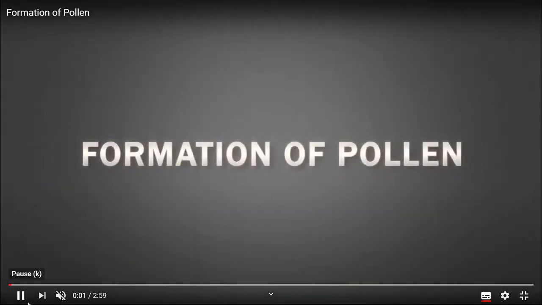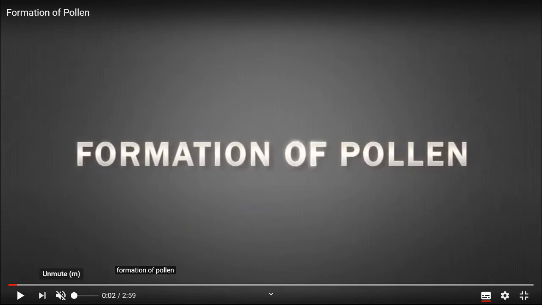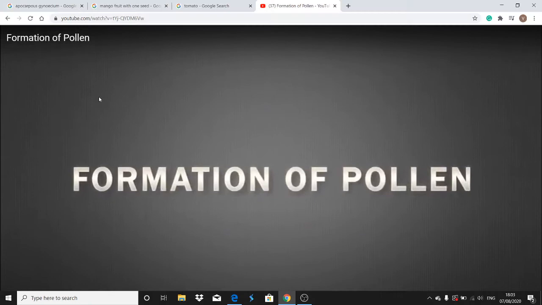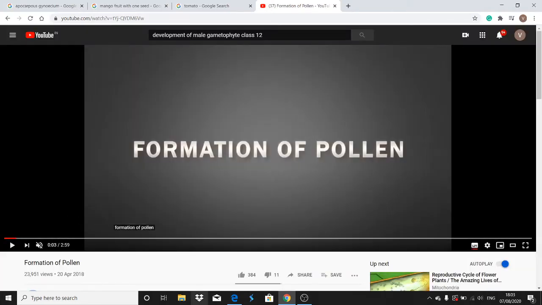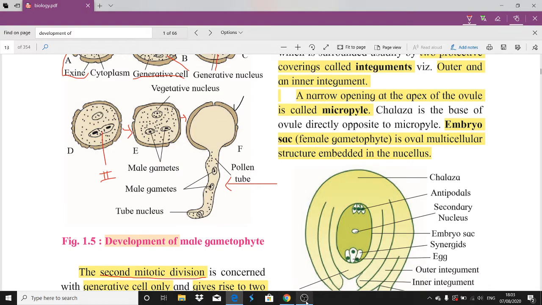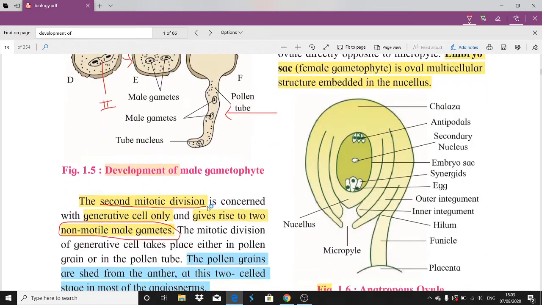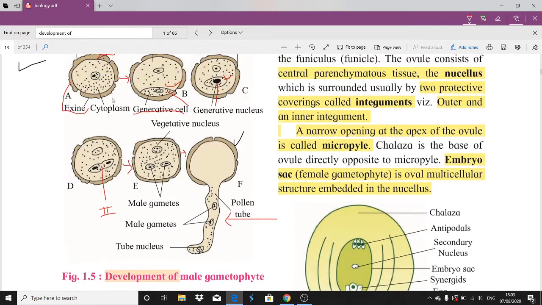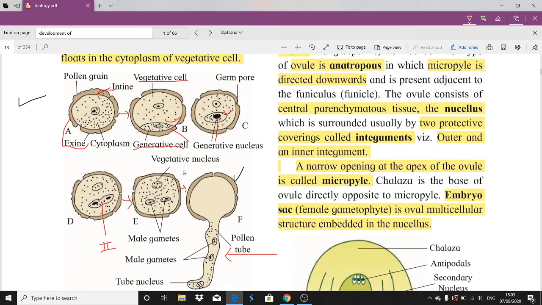Right. So I hope it is now clear to you how the pollen grains are formed. Okay. So coming back to our lesson now. तो ये डेवलपमेंट ऑफ मेल गैमेटोफाइट है. आई होप आपको ये पूरा स्ट्रक्चर समझ में आया है. लास्ट जो लेक्चर का वीडियो है उसमें भी मैंने एनिमेशन दिखाया था, अभी इसमें भी दिखाया है. सो इट इज़ मच मोर क्लियर.